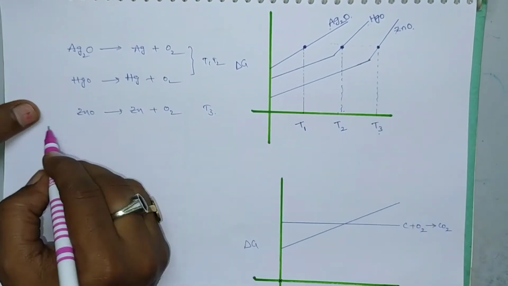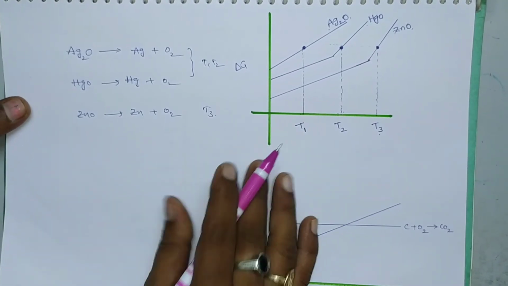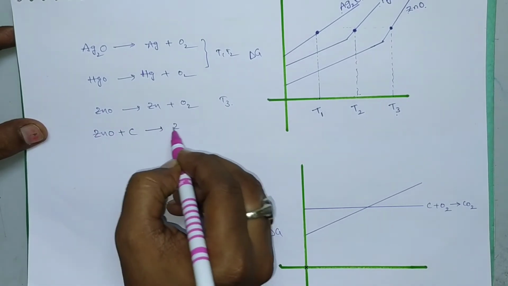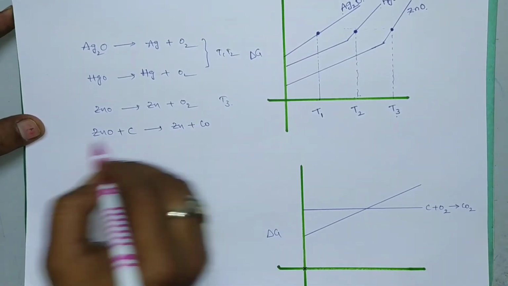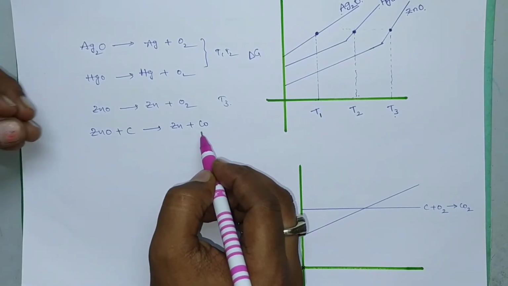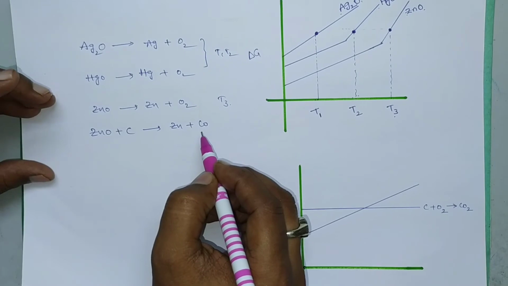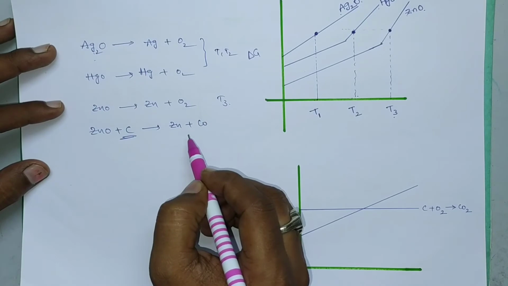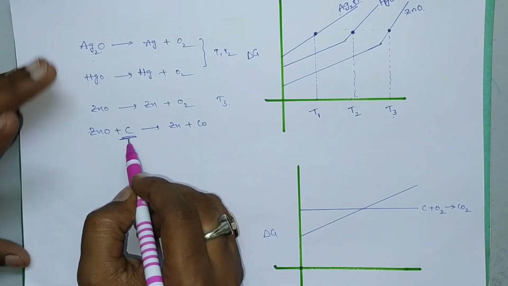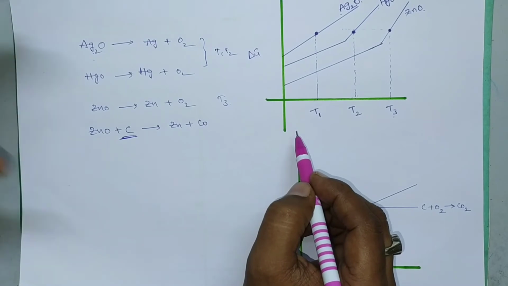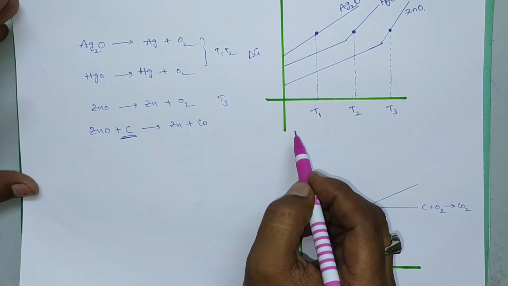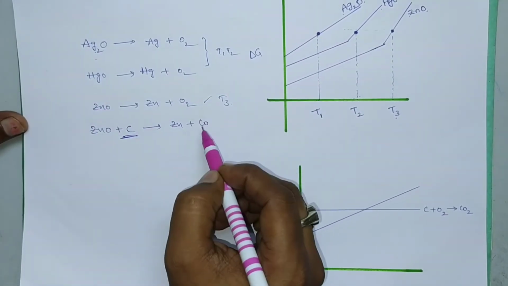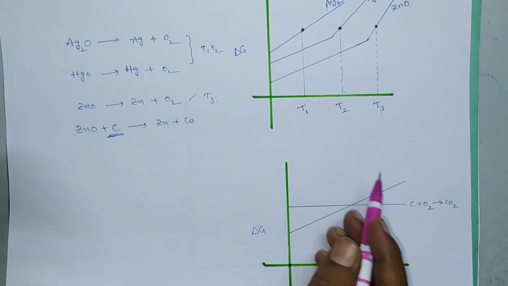In order to reduce the cost of production we have to use a suitable reducing agent. Suppose you take the reduction of zinc oxide with carbon to produce zinc and carbon monoxide. This reaction takes place at low temperature, that means it is less expensive. In this way, during the extraction of metals from their metal oxides we have to select a suitable reducing agent. We can select the suitable reducing agent by using the Ellingham diagram. If you have a clear idea about the Ellingham diagram, we can select the best reducing agent to reduce metal oxides into metals. Okay, clear? Now let us consider another example.